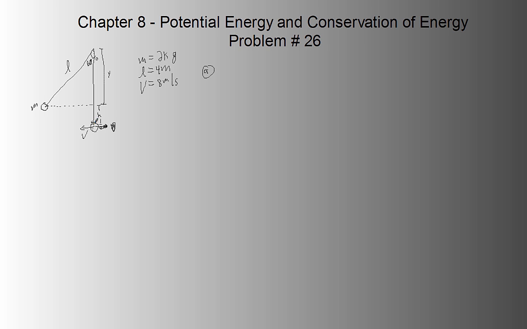Well, we'll define zero potential energy at the very bottom, so that's nice. So we'll just do some conservation of energy. We got gravitational potential at 60 degrees plus kinetic energy at 60 degrees is going to equal the gravitational potential at the bottom